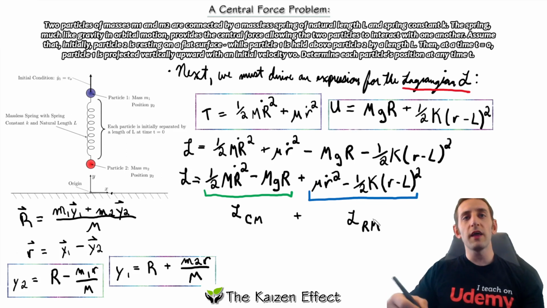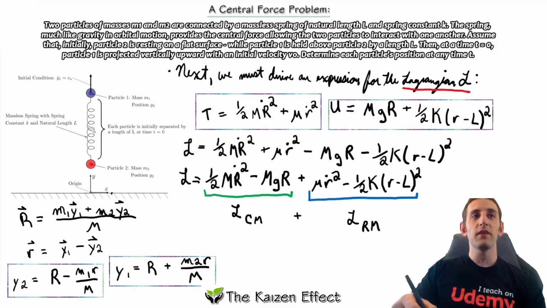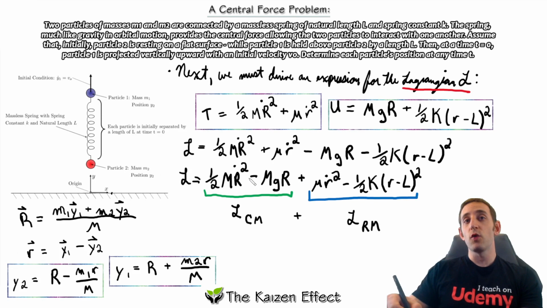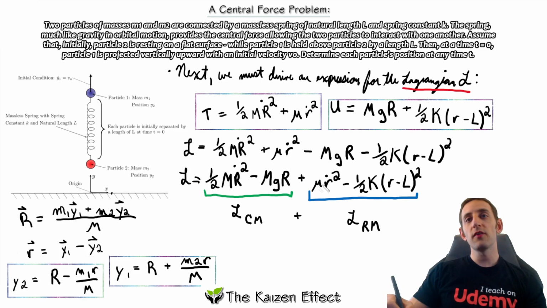So in essence, it's sort of like we're analyzing the problem as if we took all the mass here, placed it at the center of mass point, and observed that motion. This is just 1/2 mv squared minus mgr. This is the Lagrangian at the center of mass. And here we took another particle of mass mu, the reduced mass, and we observed the relative motion. So obviously that's